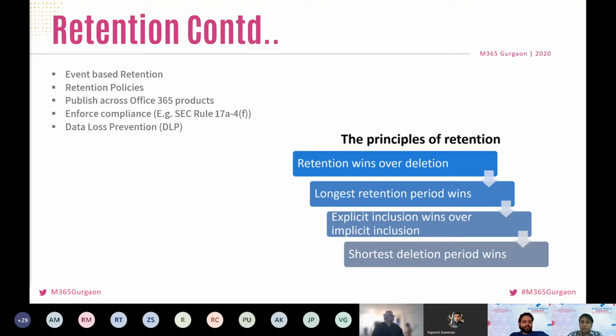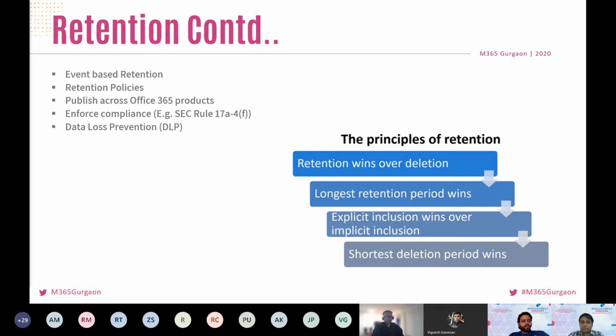Another example could be an event like this event that we are talking about right now. There will be content related to this event, like recordings. If we want to have certain retention policies related to this particular event, like these recordings should become business records or should be disposed of after a certain period of time, then based on this event we can have retention policies in place. Based on the event date defined by the administrator, those actions will be taken care of by Office 365 automatically. Yeah, Darshan, go ahead.